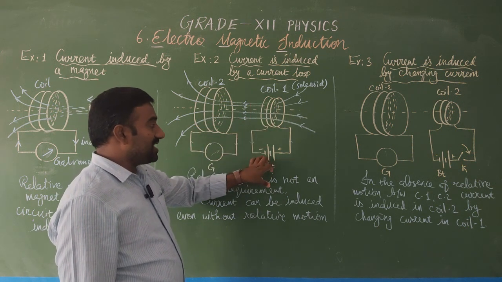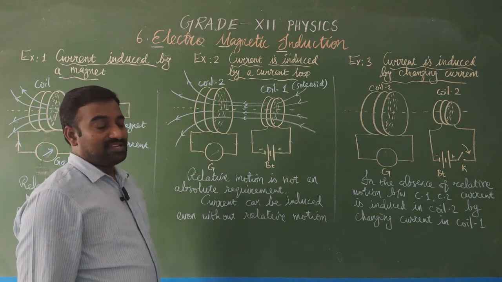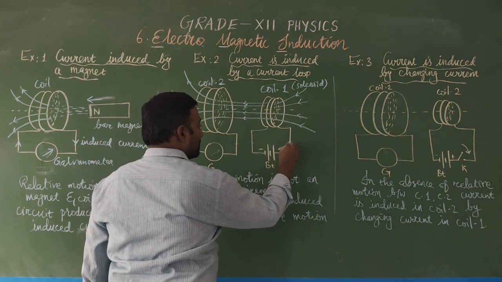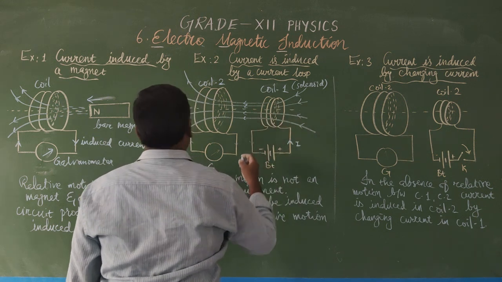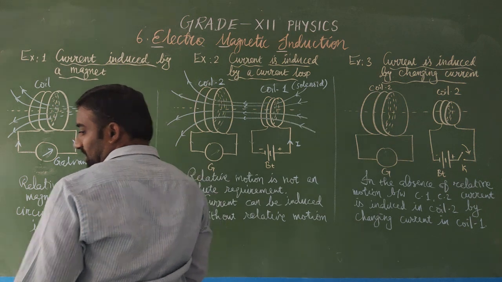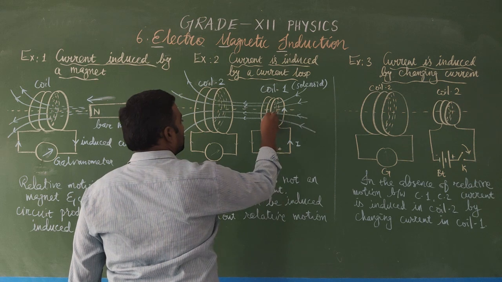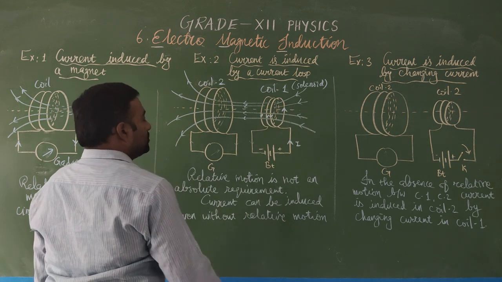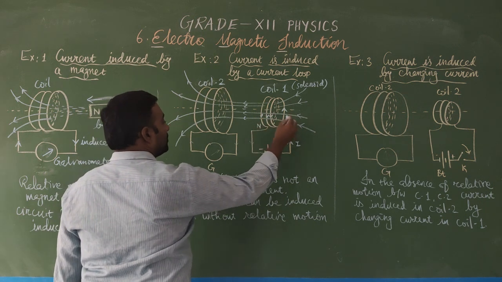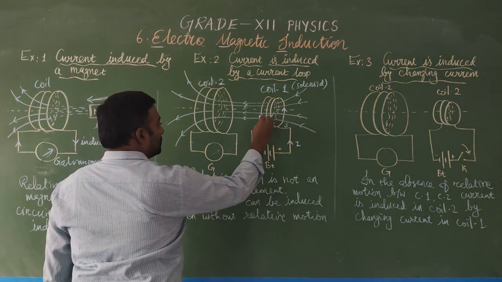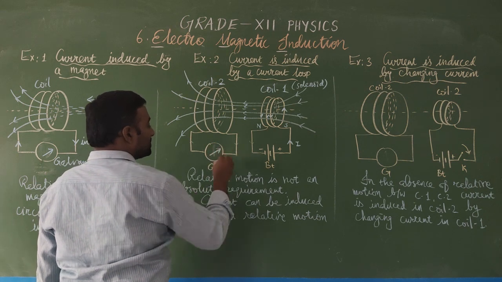But the first coil is connected to the battery, so this coil acts as an electromagnet. And the second coil is connected to the galvanometer. When the key is plugged in, the current flows in the first coil. This is the direction of the current. I forgot to mention the current earlier; the current is entering like this. Due to this current, this side acts as a north pole, and the other side will be a south pole. So the field lines are linked with the coil, and immediately from zero the galvanometer goes to a deflection on one side.